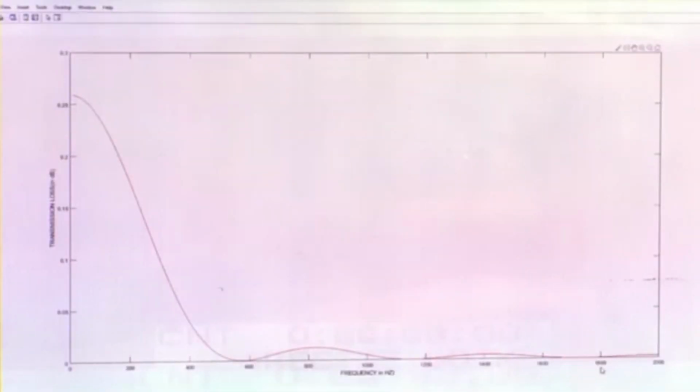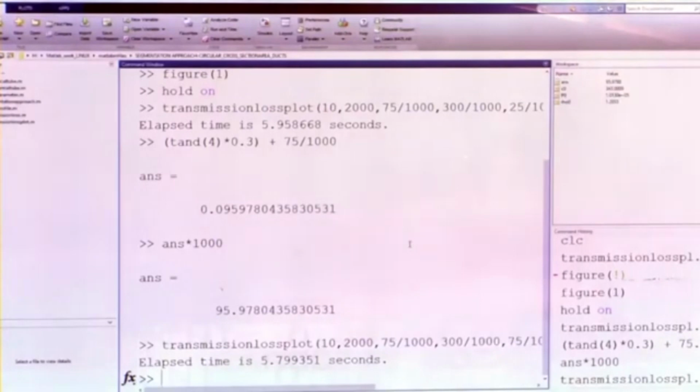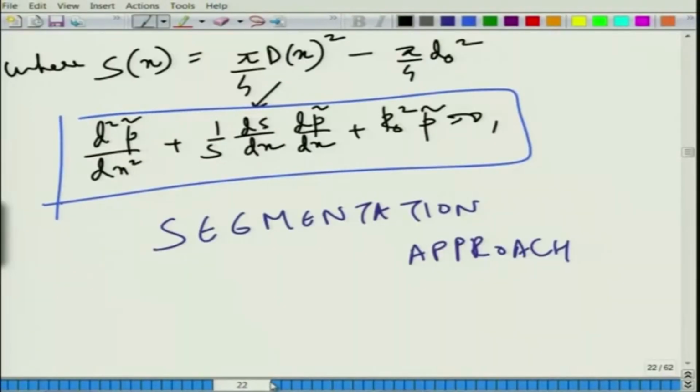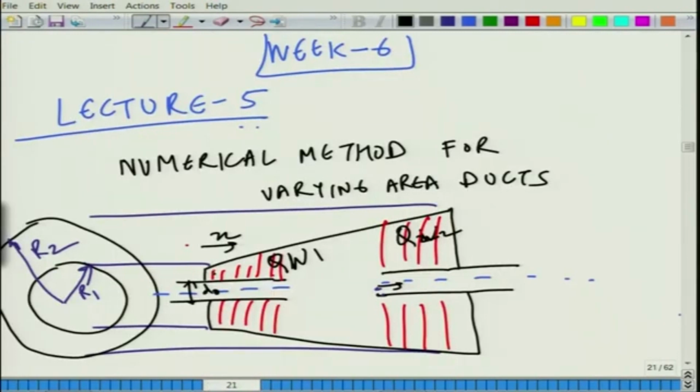So, this approach is indeed working fine, and like this we can in principle evaluate complicated sections like the one I mentioned at the beginning of this lecture, which is this annular duct section. We just have to take care of this expression and update the area change accordingly, and get the overall transfer matrix from this part to this part, compute the impedance here, similarly for this part compute the impedance here, and then with regular cascading we will multiply the transfer matrices. In principle it is possible to analyze any duct using the segmentation approach, and it is a very good, robust numerical technique. We will stop the lecture here, and